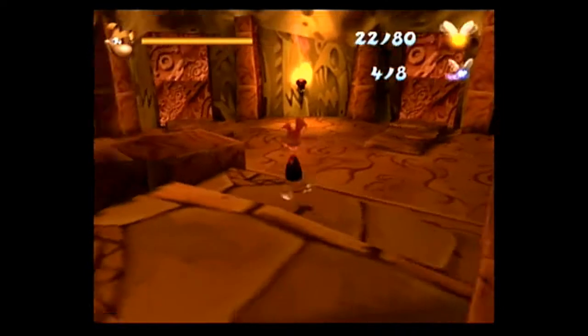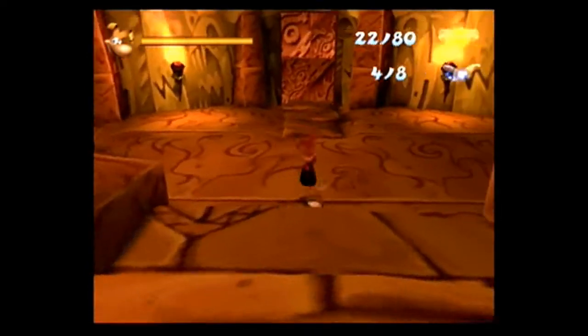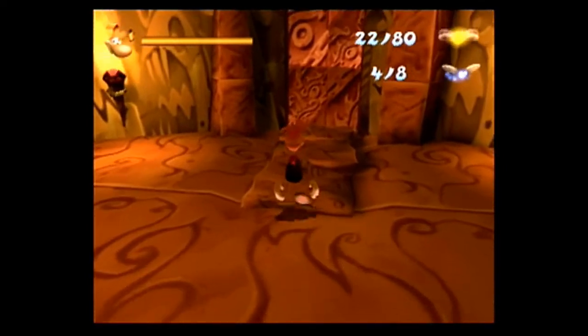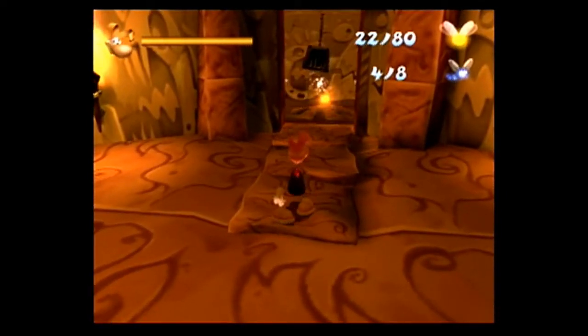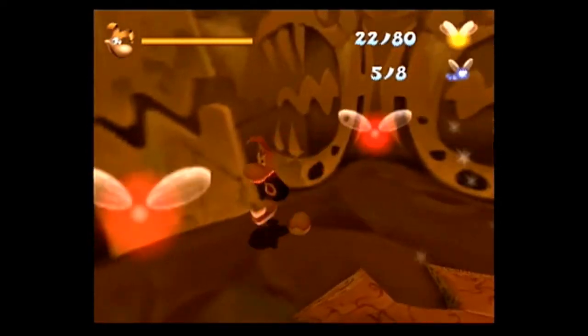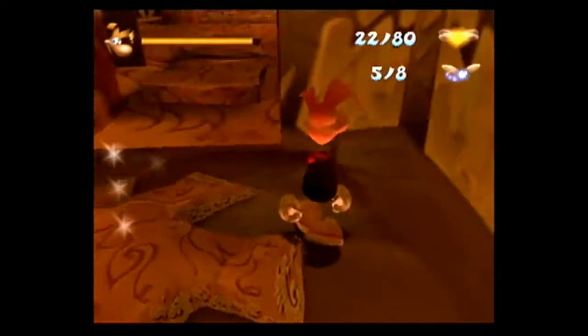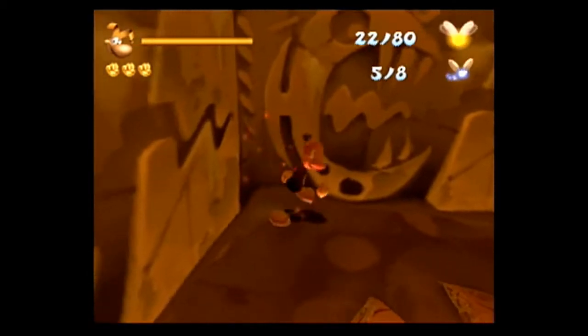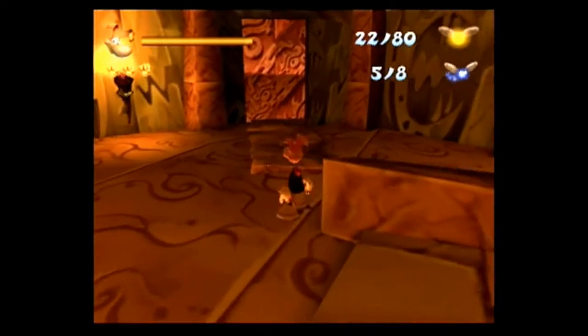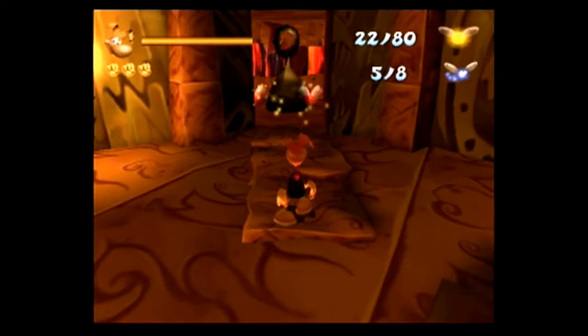Ah, this room. We've got 3 choices, left, middle, and right. Let's pick all the wrong choices. Oh, there's a cage in that one. I guess that's a right choice. And it gives us a stronger fist, which, as I said earlier, is something we definitely want when facing